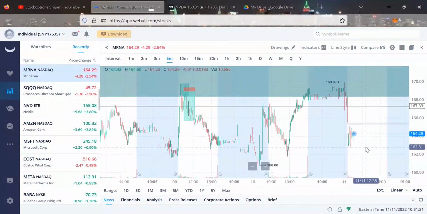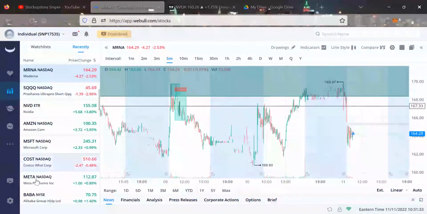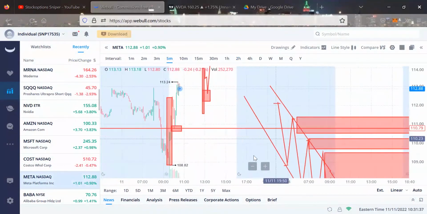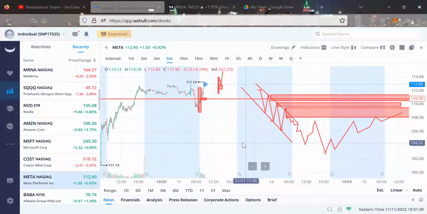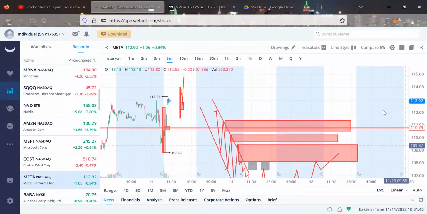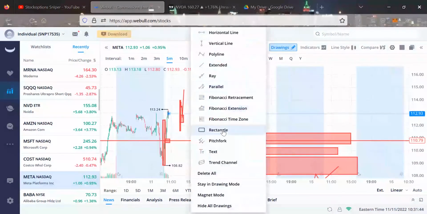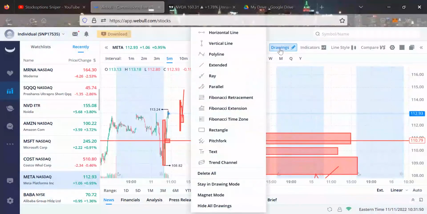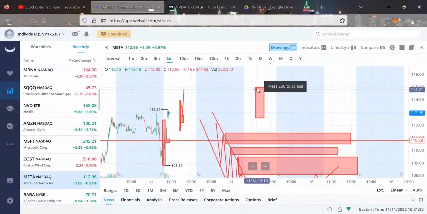right? Wait for your setup. Wait for your confirmation. You do not need to jump into any trades. That's how you lose money. That's how you lose your account. That's the fastest way to lose your account, when you're trading every day because you think you can make money every day. Market is reversing very freaking quick right now, right? So wait for those